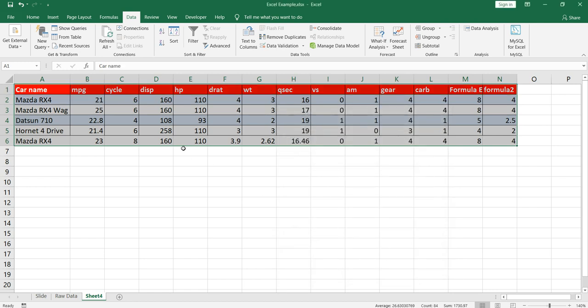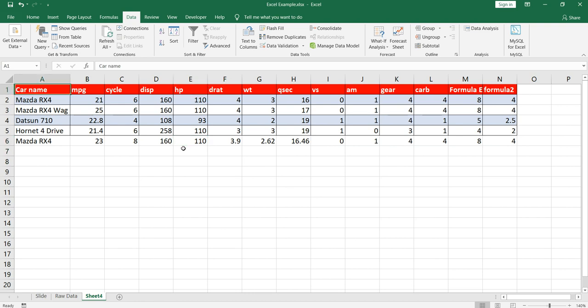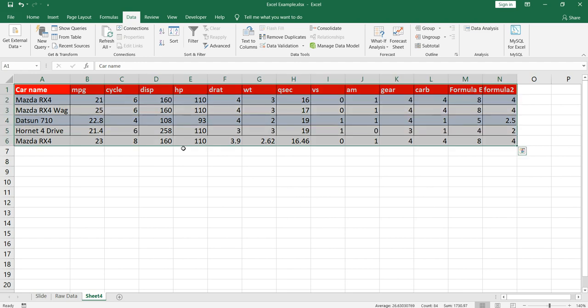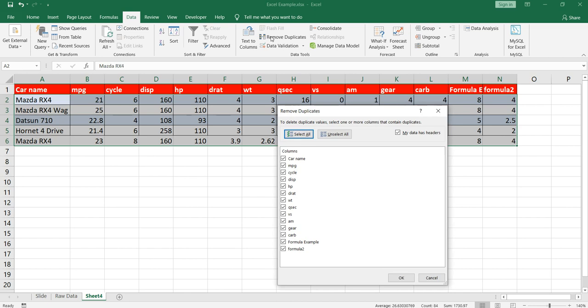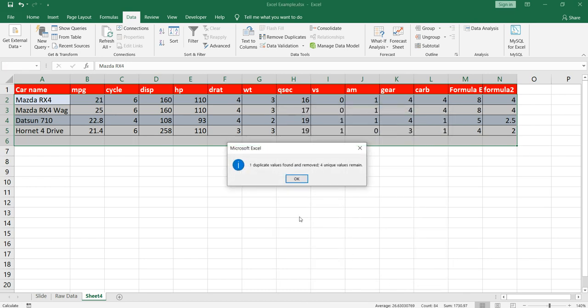So what do we have to do? The scenario is, if you want to remove duplicates based solely on the car name, then you select this entire data, go to Data, click on Remove Duplicates, unselect all, click on car name and click OK. As I told you, Mazda RX-4 is already present in row 2.